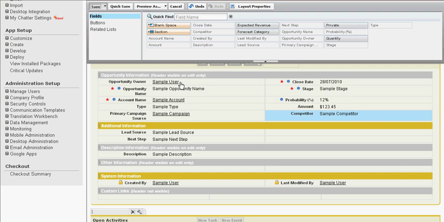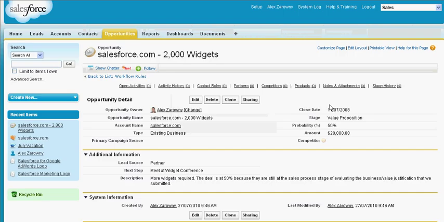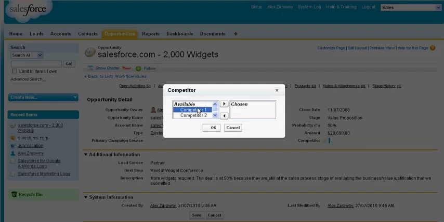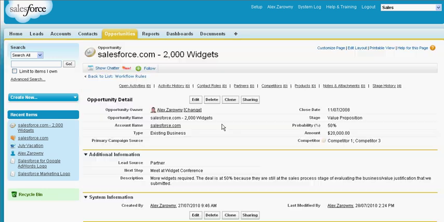Now that I've saved that, it's going to be moved and visible for everybody, and I can now completely use this field. Go in, select the competitors that we're competing against, and this field is immediately available for reporting. So I'm now able to say, show me all my opportunities where I'm competing against competitor 1 or competitor 3, and this opportunity will immediately show